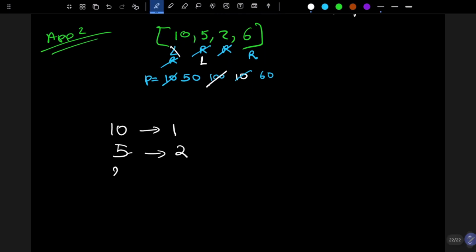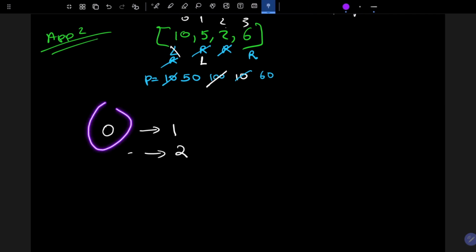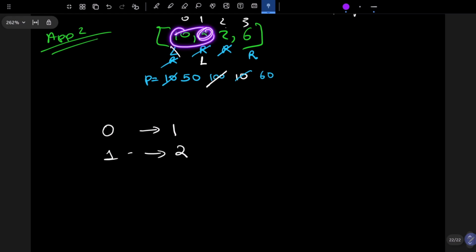Similarly, if I include 2, let me write the index, it will be much better. So 0, 1, 2, and 3. If I include the 0th index, there can be one subarray. If I include the first index, there can be two subarrays. These two, and this two. If I include the